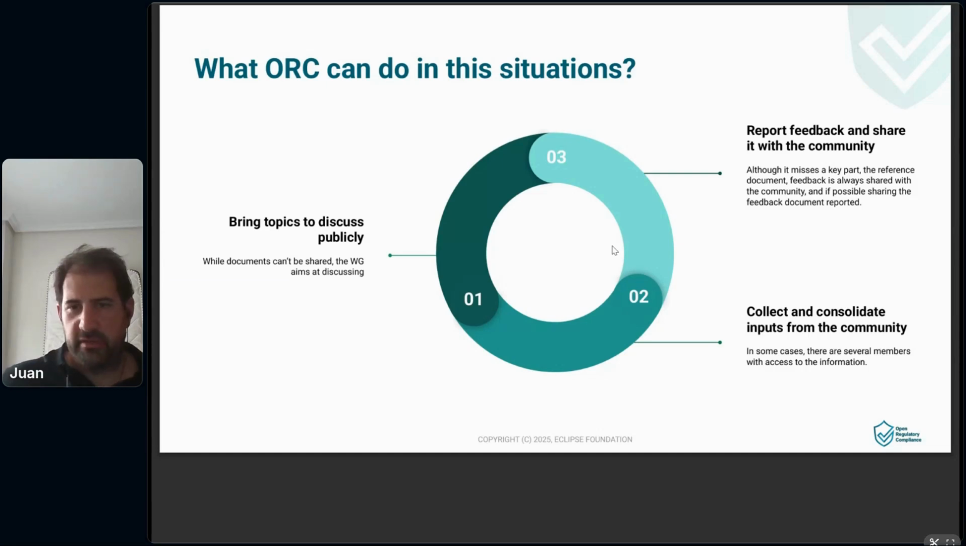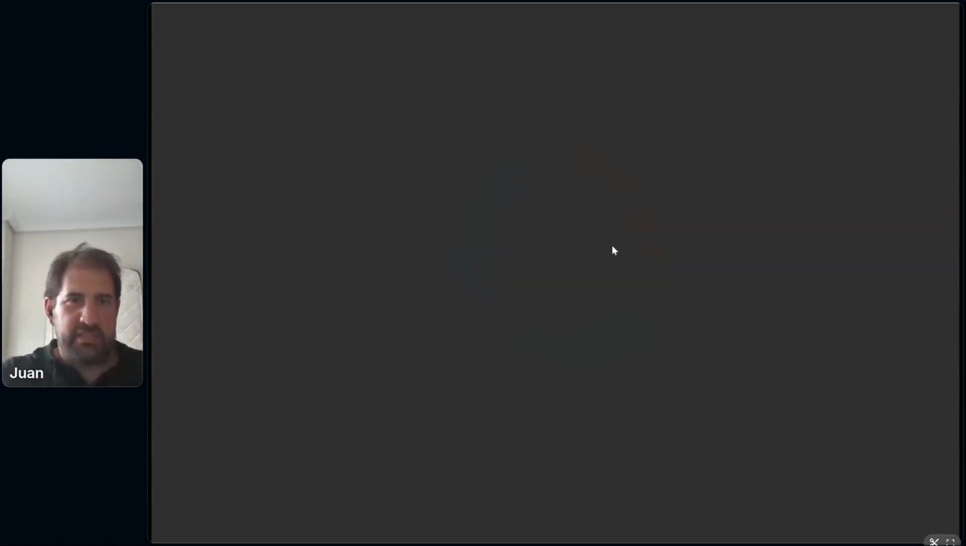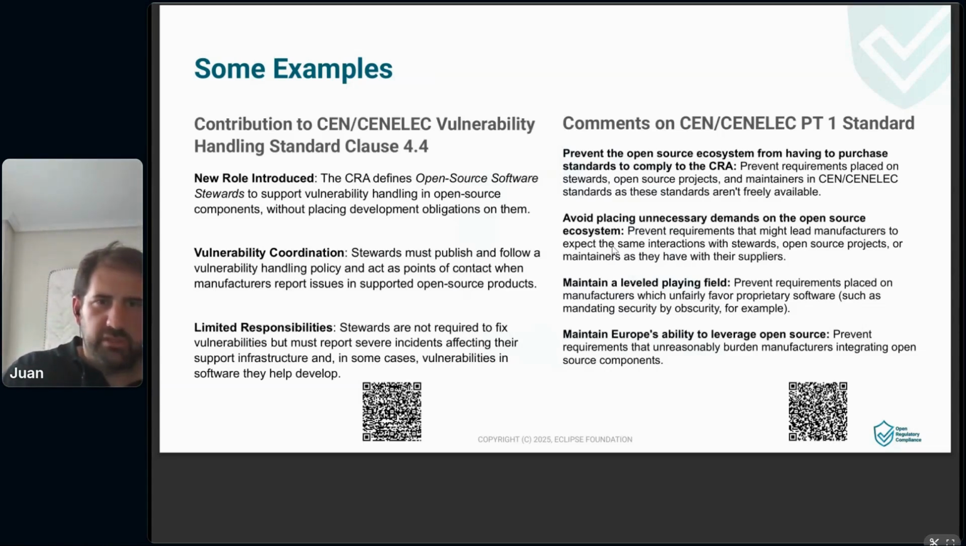Right, once we have collected and consolidated all the inputs, of course, the feedback from the public discussions, we provide a final document that contains the views that we have set. Some examples, and I'm using two of them. The first one is the contribution to Cenelec vulnerability handling standard, basically introducing the role of the open source software stewards, and that's something that we brought,